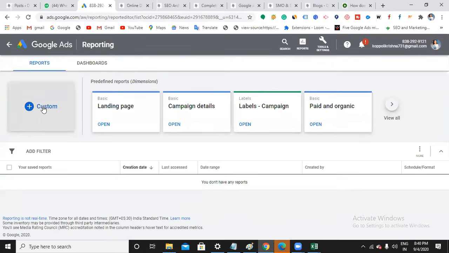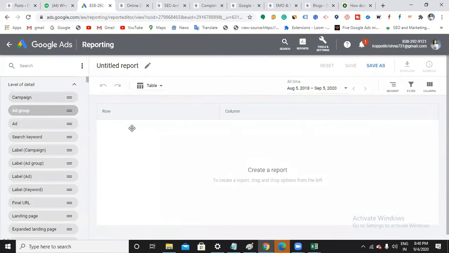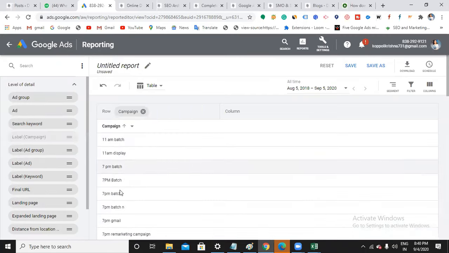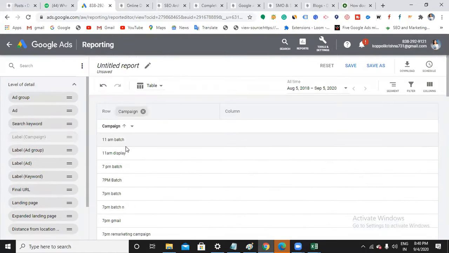You can do a custom report too, where on your own you can choose exactly what you want to show. Let's say I want to show the campaigns. I drag it, and you can see the campaigns are displayed here. I want to show the campaign details, then the ad group details.